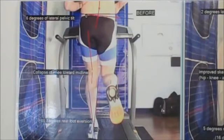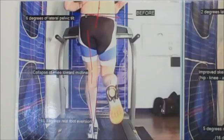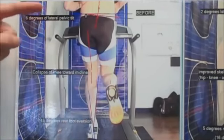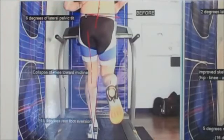But I want to take a second and show you something that I think is very profound, and I hope that this visual is helpful to you. In this picture you can see that this athlete's got quite a lot of hip drop on the right side when he's in left leg stance. Now,